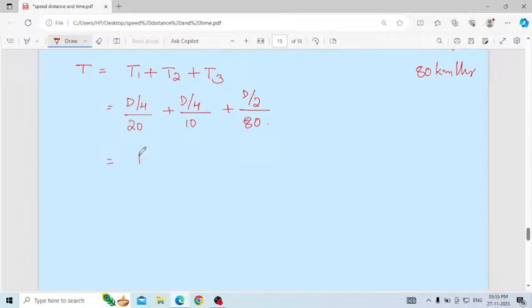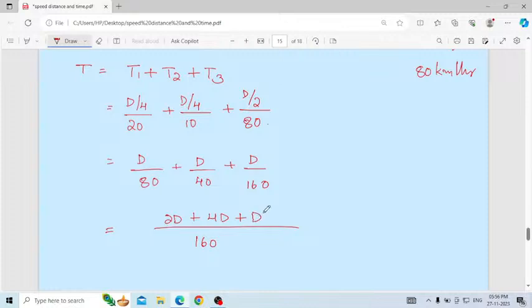Then simplify here. D by 24 is 80. Then D by 10 into 4, 40 plus D by 80 into 2, 160. Take LCM here. LCM it will be 160 here. Then 2D plus 4D plus D. Then this it will be equal to